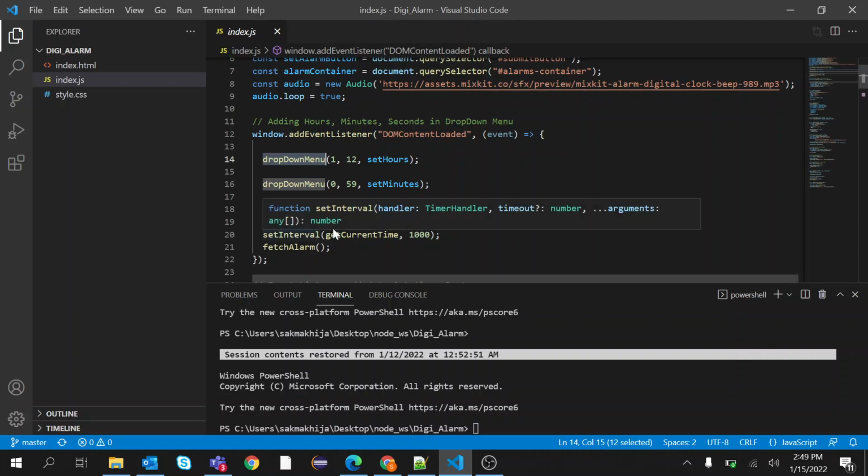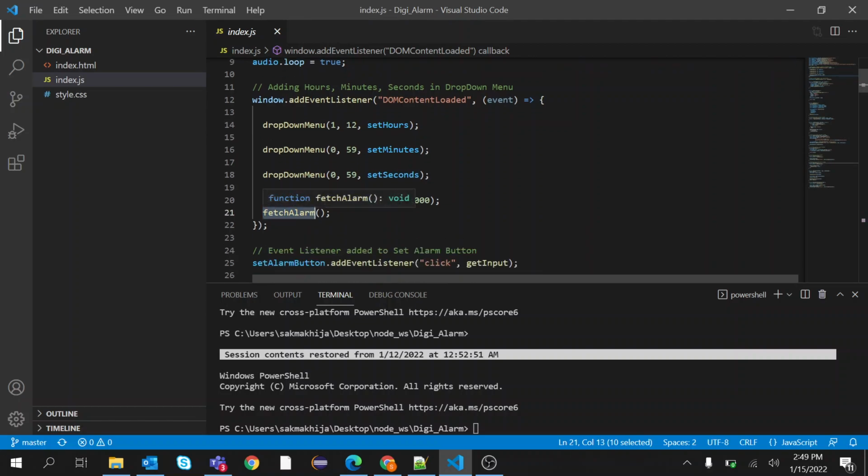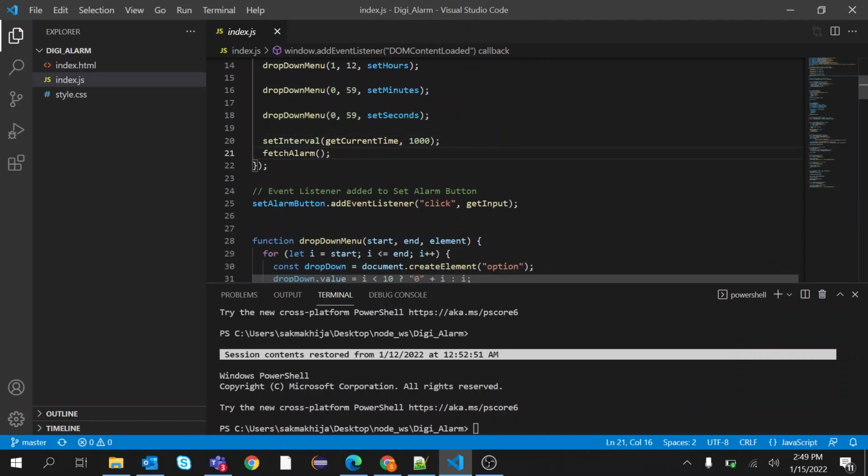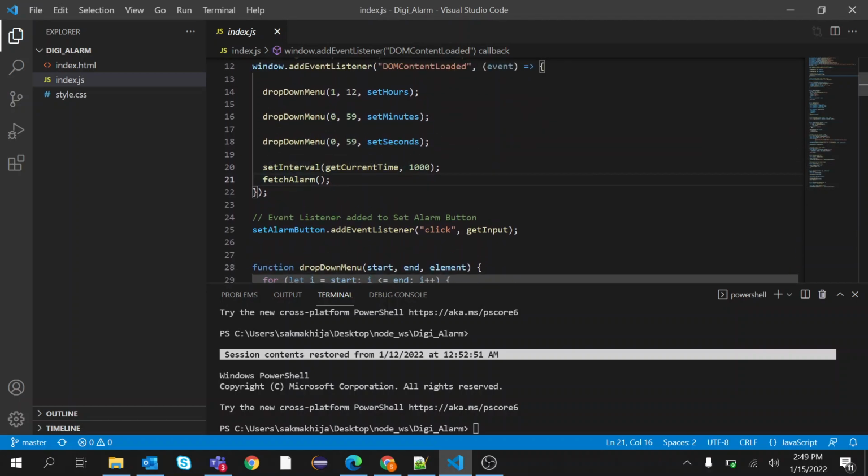At every 1 second it fetches the current time and shows it in the HTML, and it also calls a method fetchAlarms, which fetches all the alarms which the user currently has and shows them in the list. So I will show you the methods dropDownMenu and fetchAlarms.